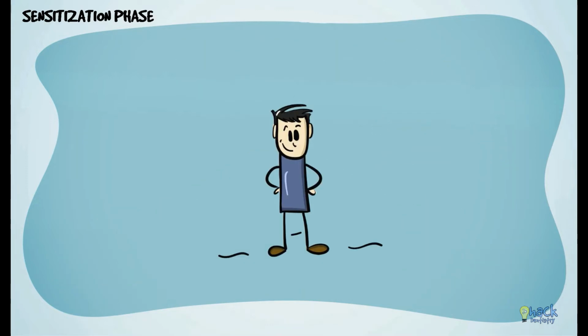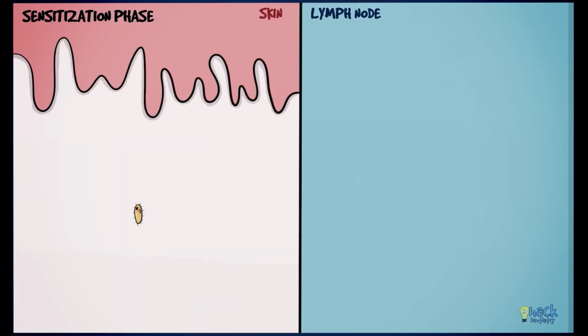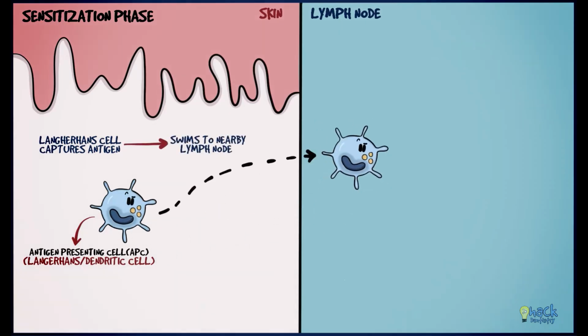So type 4 hypersensitivity starts with the sensitization phase, where an individual is first sensitized to an external agent or antigen. During this phase, the exogenous antigen is picked up by an antigen-presenting cell, usually Langerhans cells, also called a dendritic cell. The Langerhans cell swims to a nearby lymph node and presents it to a CD4 T cell via the MHC2 molecule. On presentation of the antigen, the CD4 T cell recognizes the antigen through its T cell receptor